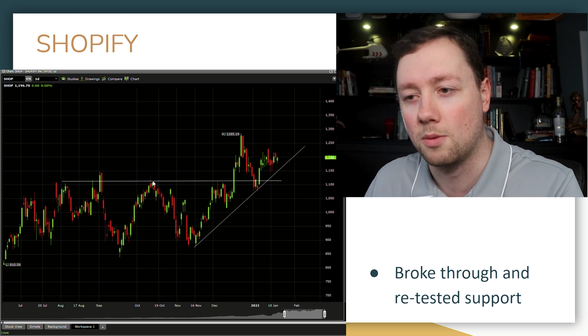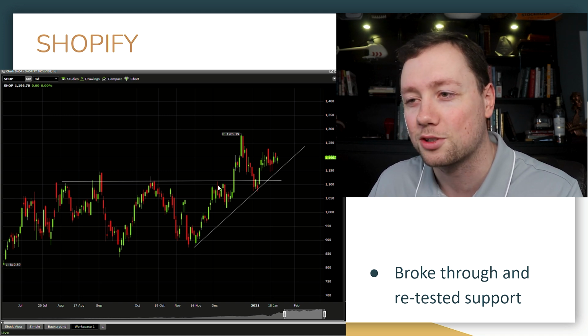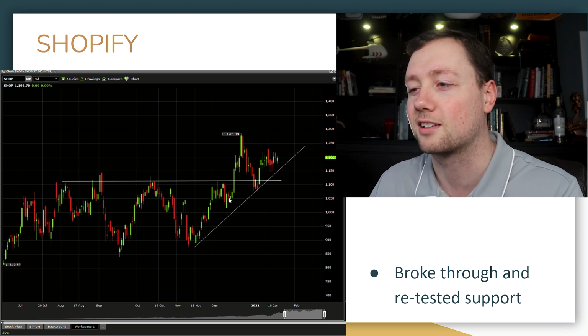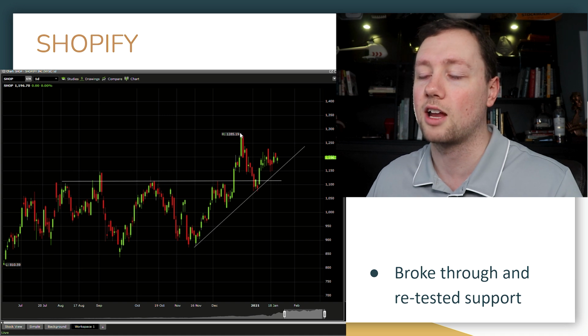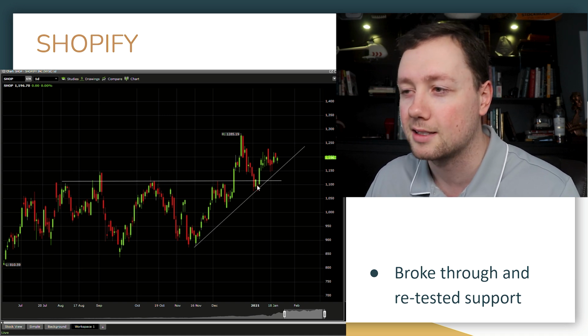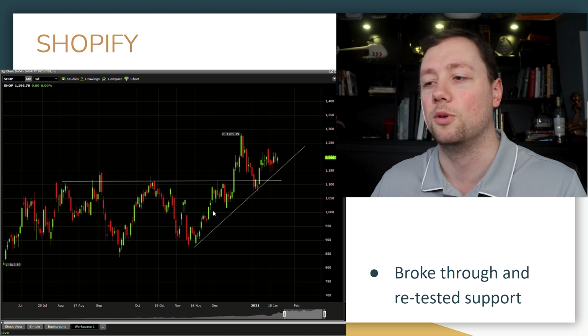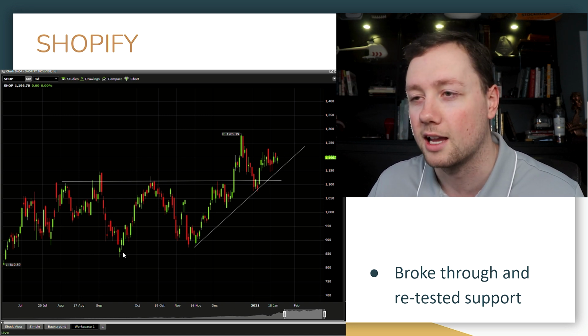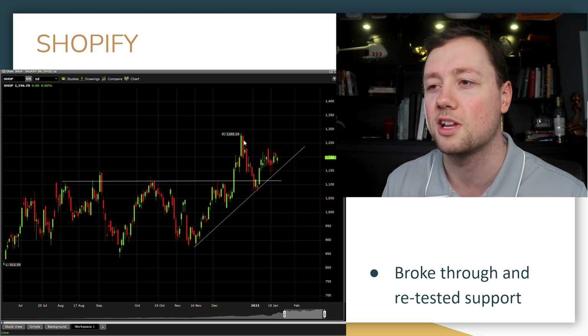It tests 1,100 one more time, gets rejected again, falls all the way back down in November, tests it again at the beginning, first couple weeks of December, gets rejected again, falls down to 1050, and then finally breaks through, pushes to 1285, comes back down and tests the 1100 support again before moving a little bit higher. And so we have a move here from as low as $850 to a high of $1,285, almost a 50%